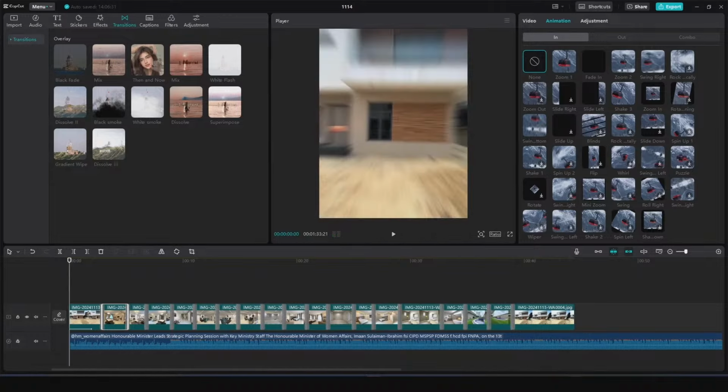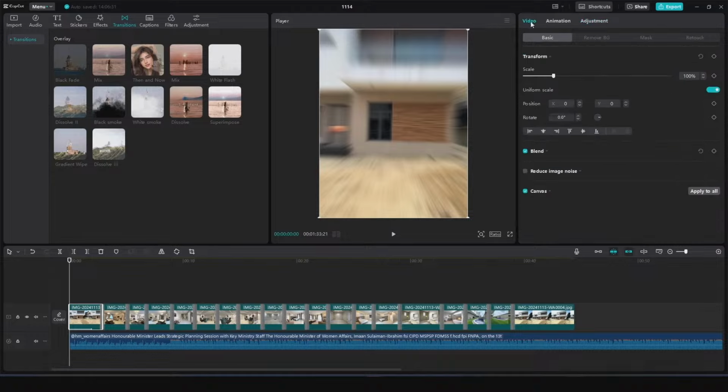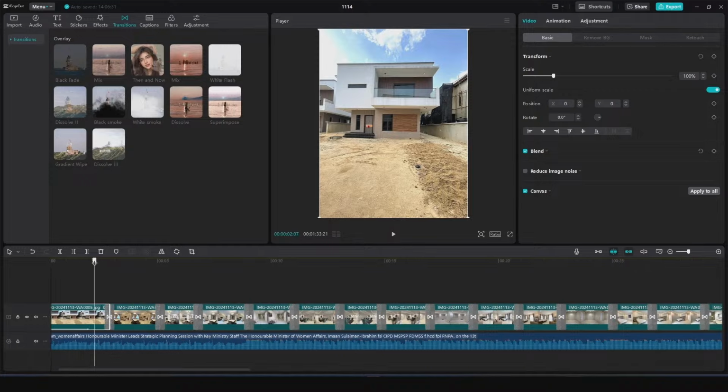So the next thing we're going to do is to animate these pictures. I'm going to animate all of them, all the pictures, and I'm going to click on the first one, and on my right I'm going to click adjustments or video. So we're going to click on video. Now for this particular video, I'm going to try and make it as easy as possible, because it's not a movie thriller, and we don't want to make it look a bit too harsh. So the kind of transition we're going to use here is the